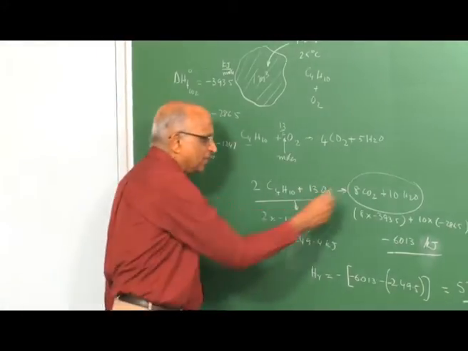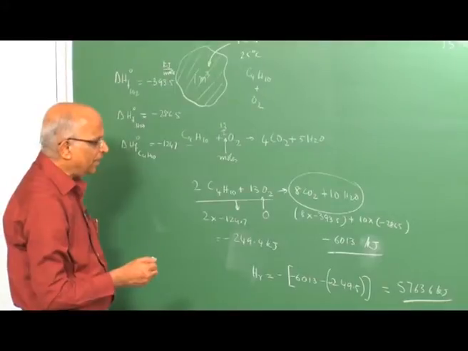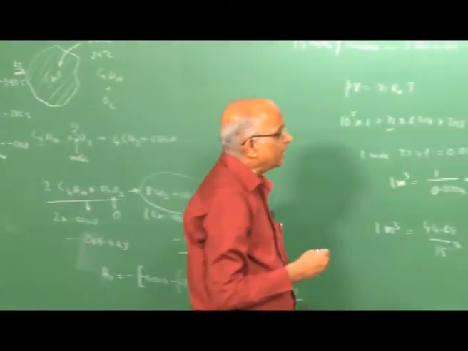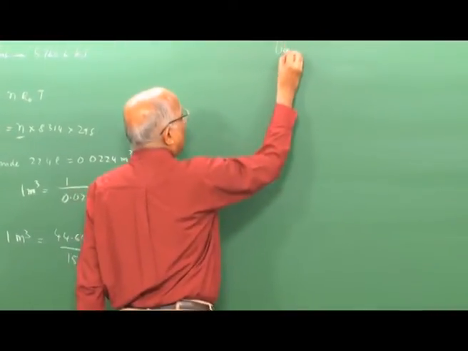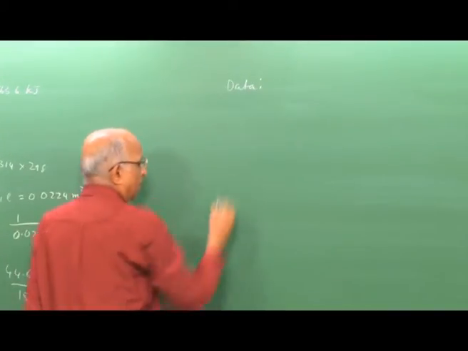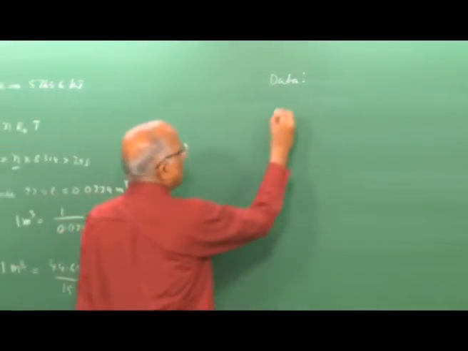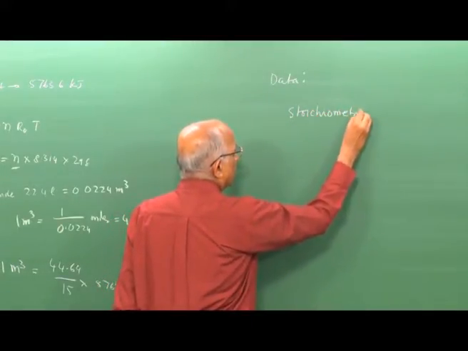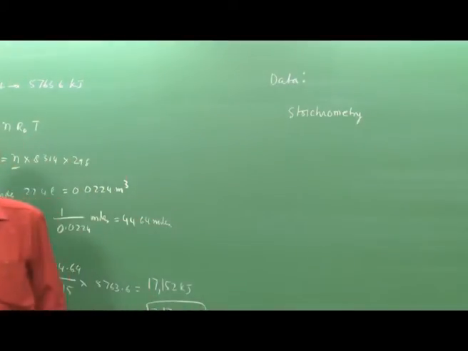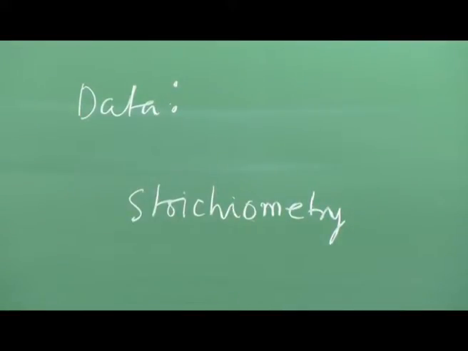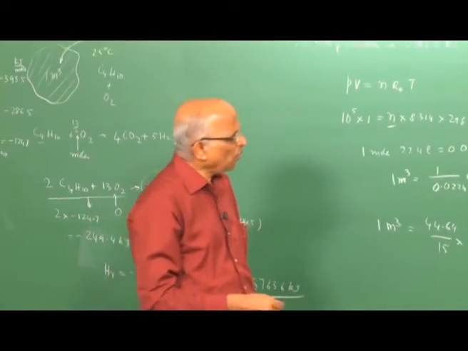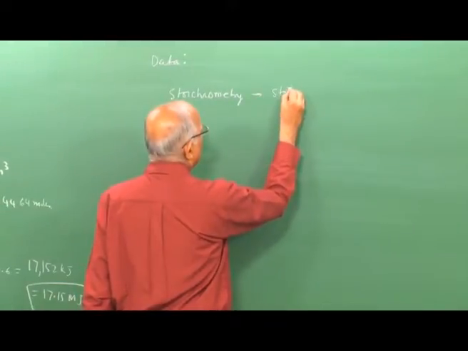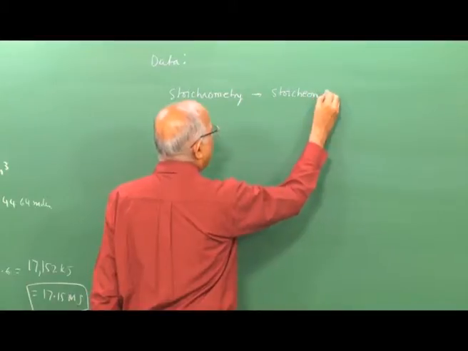And if I have to determine this, I need some more definitions. I need to work out with some more inputs. That means I need some more data. Therefore, let us see what are the additional definitions I require. We determined something known as stoichiometry. In any chemical reaction, when we start learning chemistry with chemical reactions, we define a term known as stoichiometry. What do we mean by stoichiometry? The word comes from the Greek word stoichion, meaning elements.